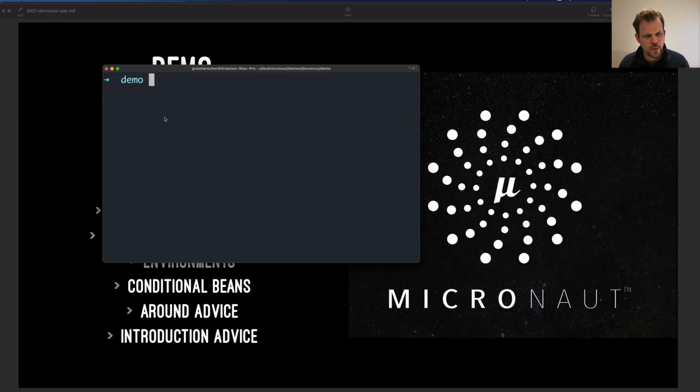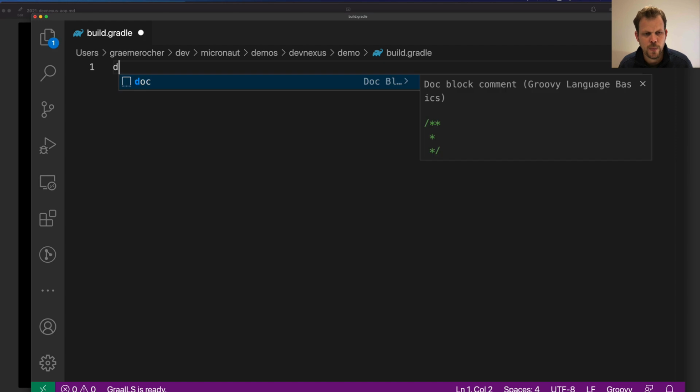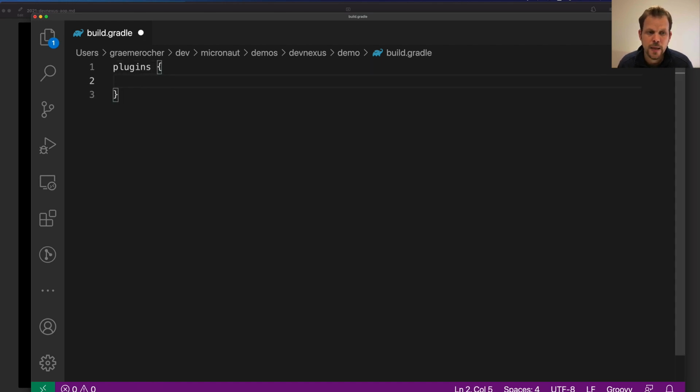So what I'm going to do initially is create a build.gradle file in terminal. And this is an easy way to get going. You don't need much. You just need a text editor or an IDE. I'm going to use VS Code, and I'm going to create a build.gradle file. And I'm going to open it up in VS Code. And as per the slide, I'm going to add my Micronaut plugin to it. So in the plugins block, I'm going to say ID is